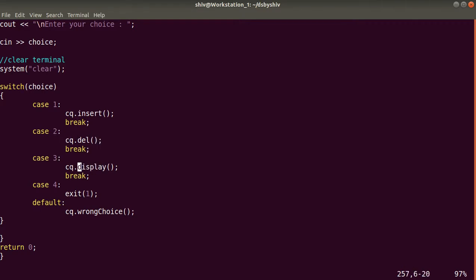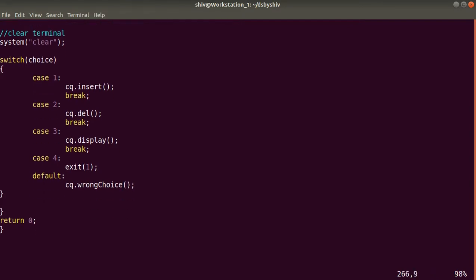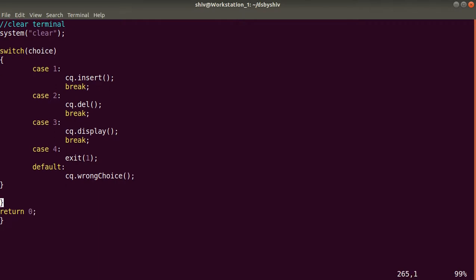Case 3 we will display the elements. Case 4, we will come out of the program, and if the user enters any other value other than 1 to 4, then we will give some message through this method, wrong choice. And this is the return. When everything is okay, then we will come out of the switch statement and the program will exit successfully.